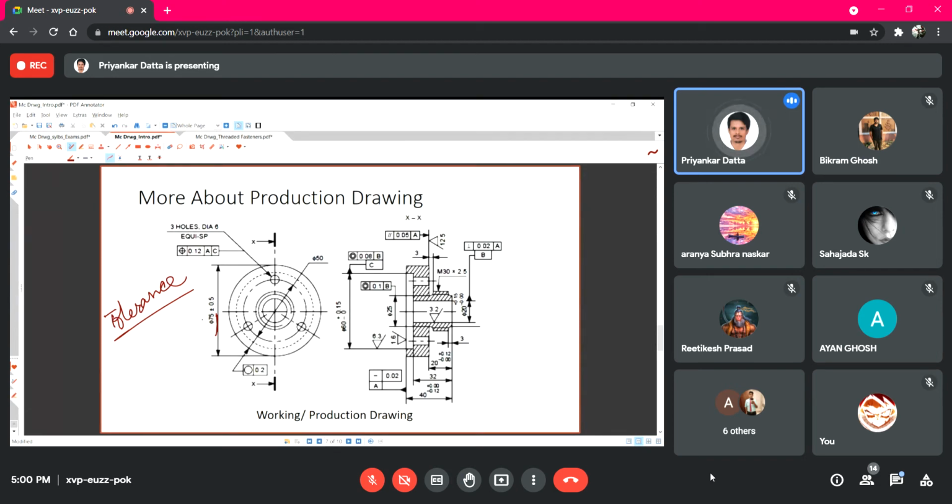So 75 plus minus 0.5 means the diameter can be as low as 74.5 mm and the maximum value can be 75.5 millimeter. So this outside maximum diameter has a range, with a lower limit of 74.5 mm and an upper limit of 75.5 mm, and within that limit this value has to stay. In some cases there are different notations also.